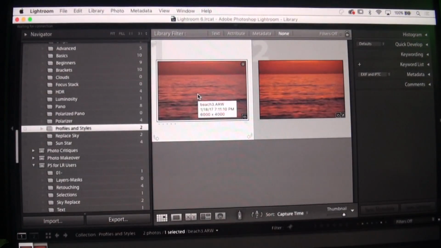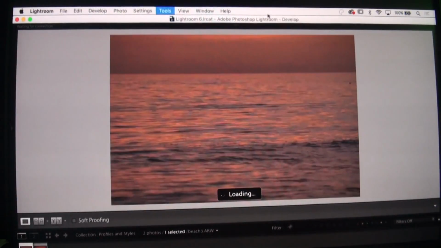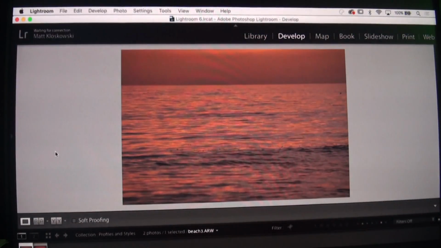Set your camera on it, it doesn't even have to be on a tripod, but take a RAW photo and then take a JPEG of the same scene. All right? Bring them into Lightroom, get them set up next to each other. So if you go to, where'd it go here? Oh, if you go to your Develop module, all right,